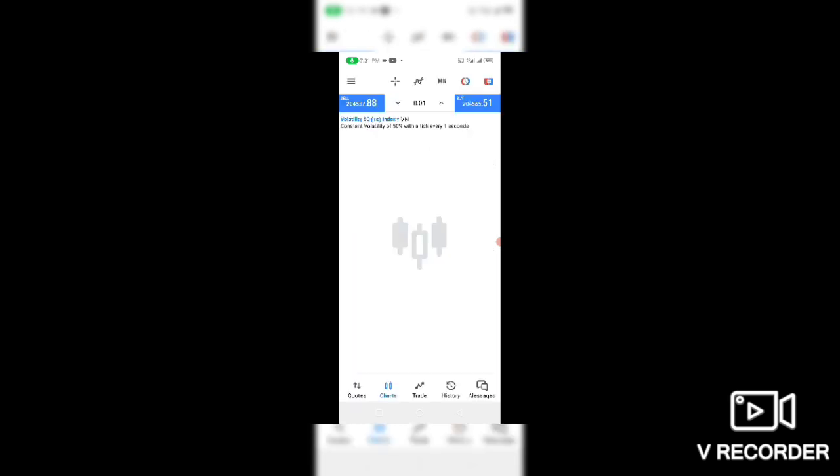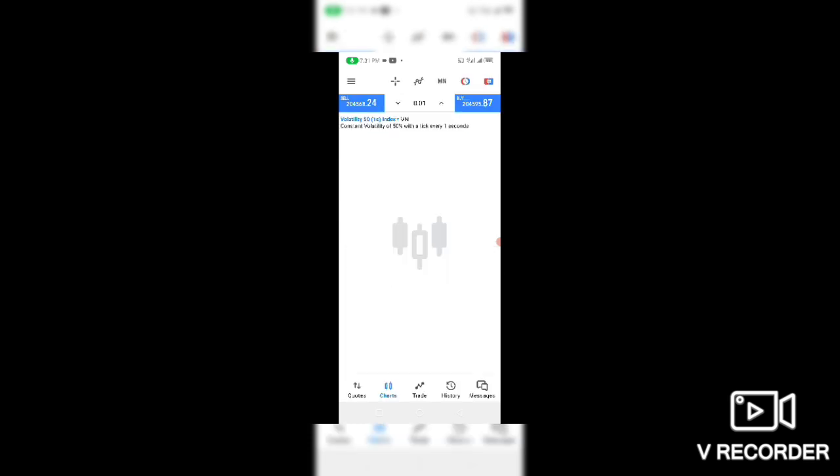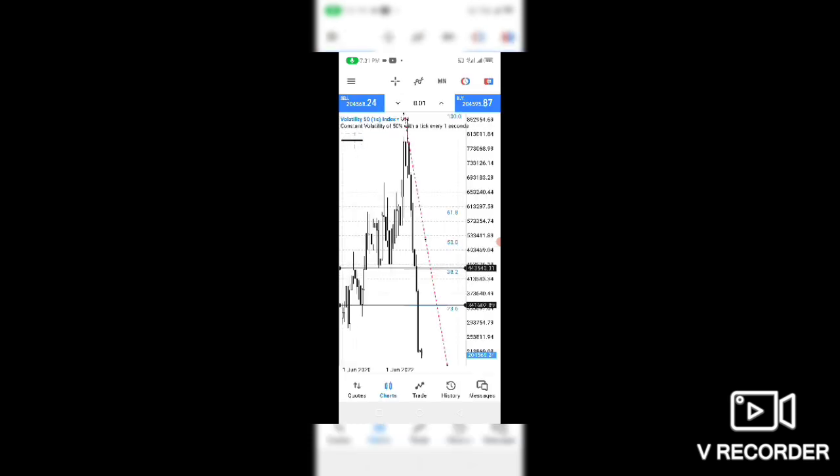When we pull our fib tool, we connect one end of the fib to where the price started. So we actually know that one day price will have to come here. It is sure stuff. The price has to test 23.6 or 38.2 or even 50, and then continue going down, because you apply Fibonacci when the market is impulsive.